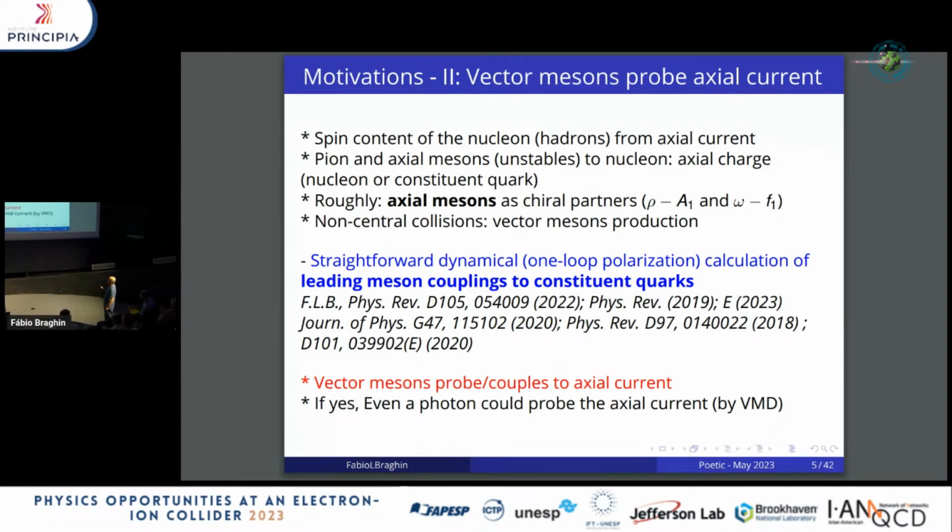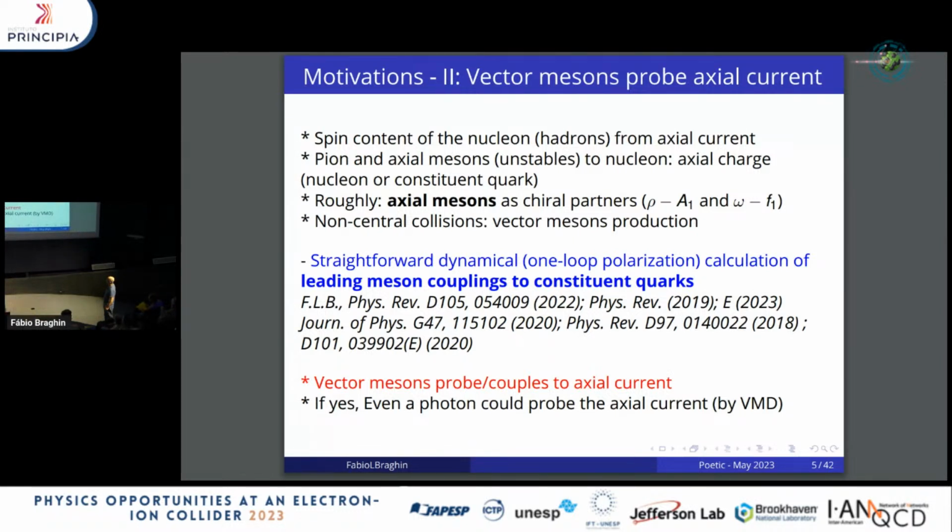On the other hand, if we take high energy non-central collisions, vector mesons may be quite abundantly produced. So I will take a framework with which I've been working for some years already,